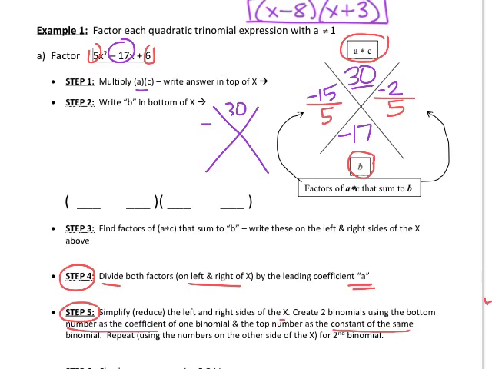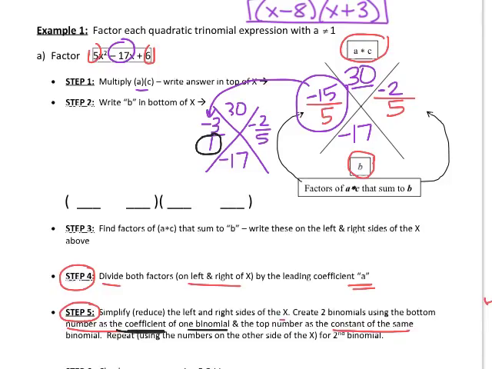This ends up being -3 over 1. I want to make sure that we keep that bottom part there. And we can't do anything with this fraction here, but we're going to just rewrite it again. So the only thing that changed really was this one, but I think it's helpful. So, okay, the bottom, down here in our directions, it says it's going to be the coefficient of one binomial,